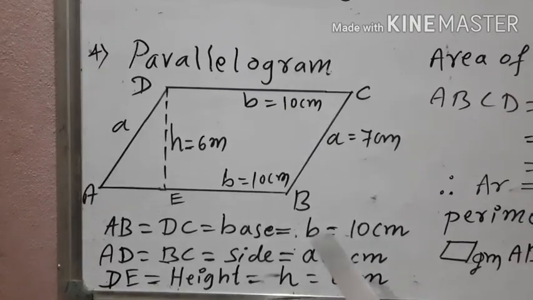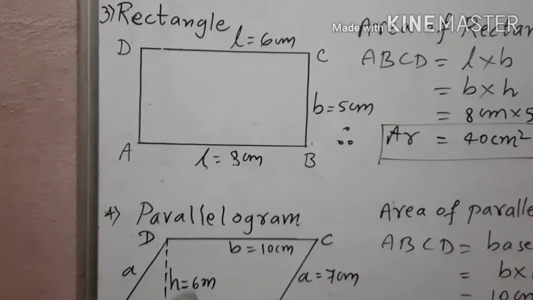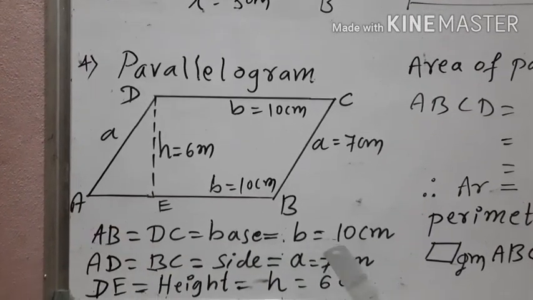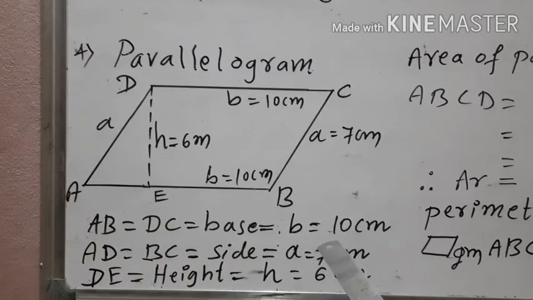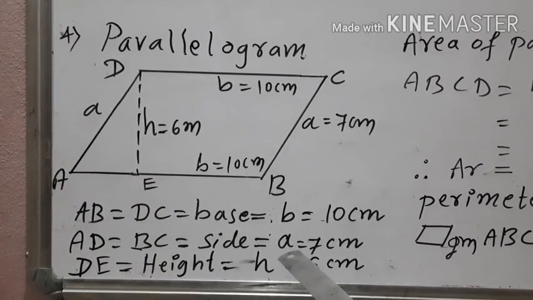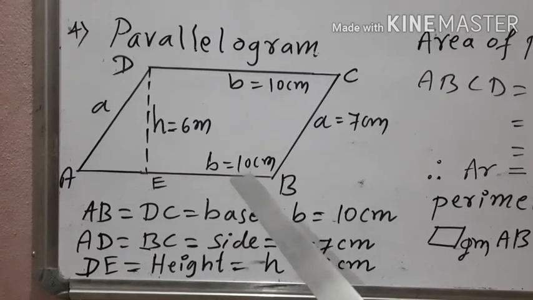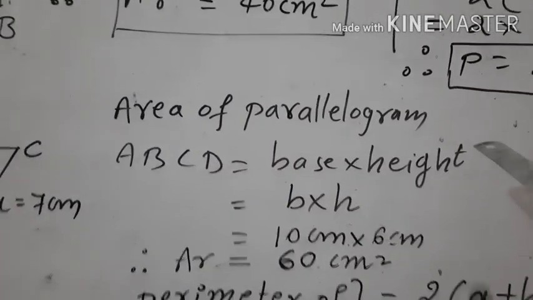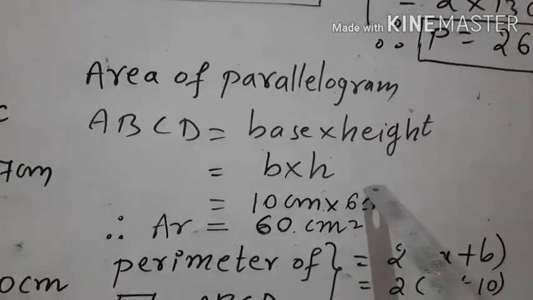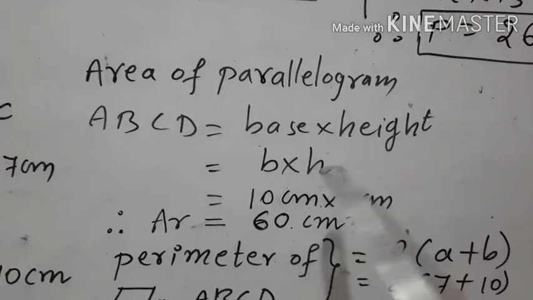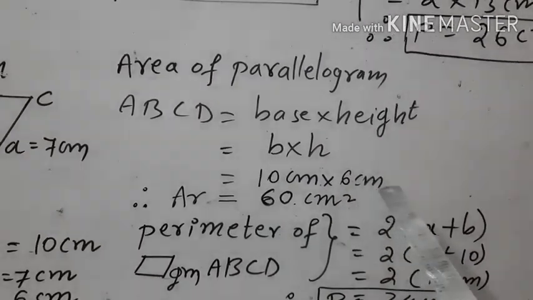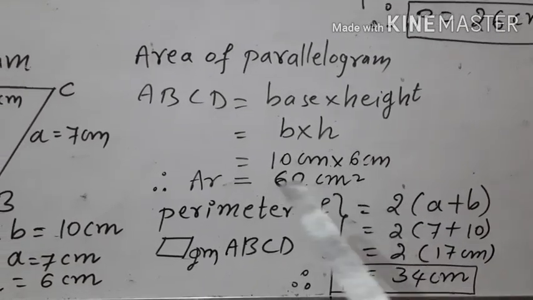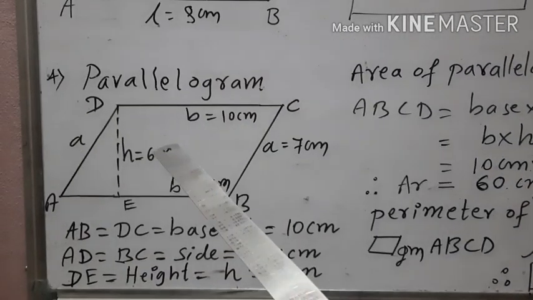Okay. Here to find the area of the rectangle you can use the formula length into breadth. But for finding the area of parallelogram we cannot use AB as length and BC as height. But here AB is length and DE is height. Therefore children, area of parallelogram formula is base into height. We should not use length into breadth. Here base is 10 centimeter and height is 6 centimeter. 10 6s are 60. Therefore 60 centimeter square is the area of this parallelogram.